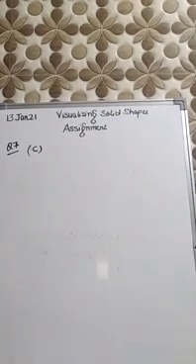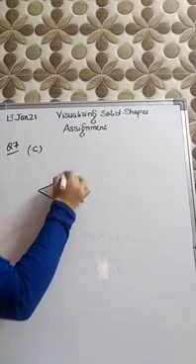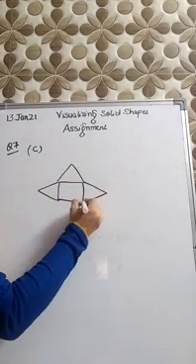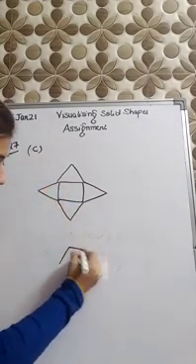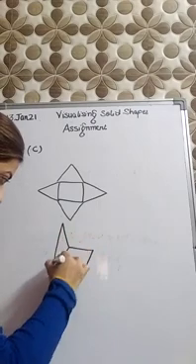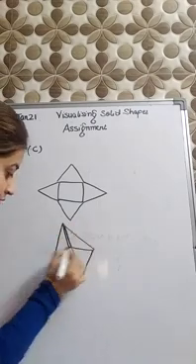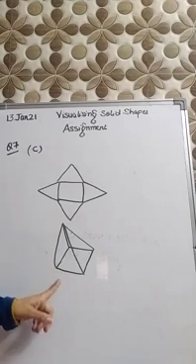Now the third part is it possible for us to have the faces a square and 4 triangles? A square is there and 4 triangles are there. So is it possible for us to have these as the faces for a polyhedron? Yes, if you join all these, you will get a square pyramid. So you will draw the square pyramid. So you will write the answer. Yes, it is possible for us to have the faces a square and 4 triangles, and that is your square pyramid.